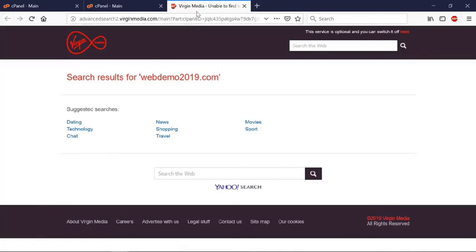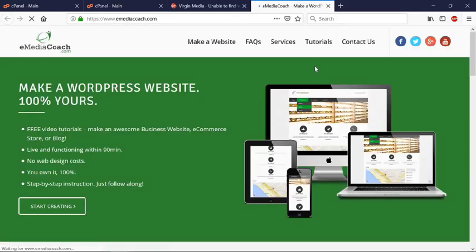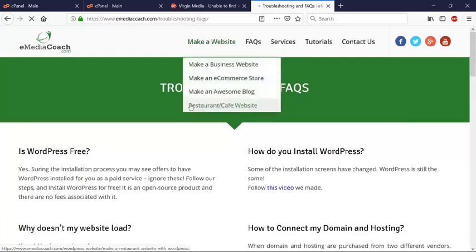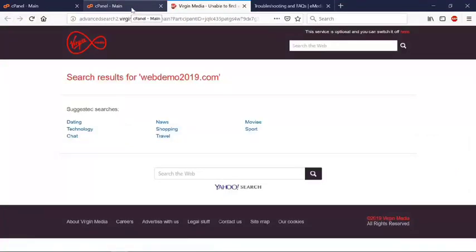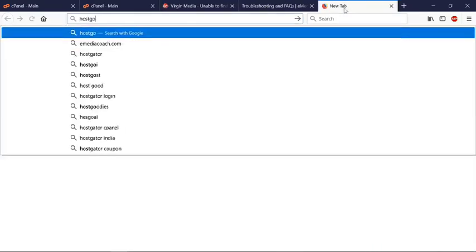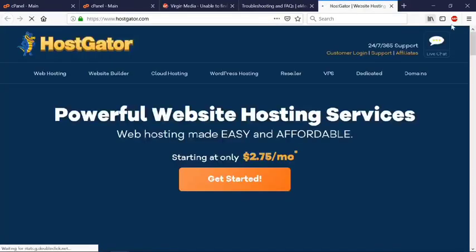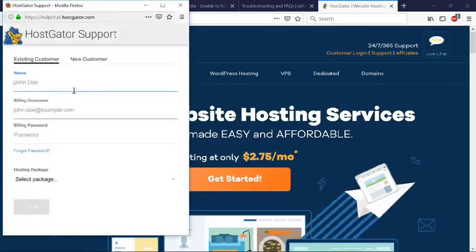If your website doesn't load and you cannot see anything, then that means one of two things. Firstly, it means that the domain you've registered has not been connected to your hosting. Check out our frequently asked questions on our eMedia Coach website, and we'll show you exactly how to fix that. The second reason could be that HostGator has not yet activated your domain. So what you could do is get on the line to HostGator, contact them via the live chat, and you should have someone help you out in the next 10 to 15